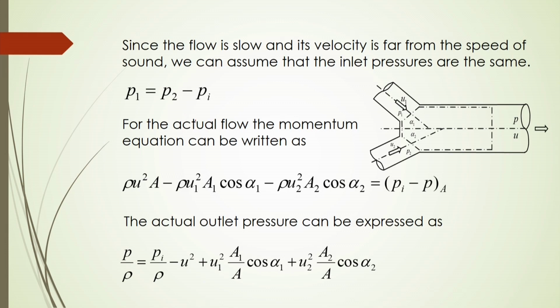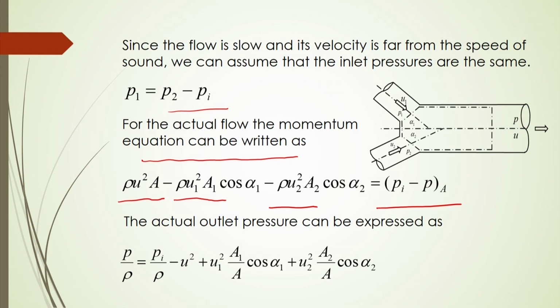So, P_1 will be equal to P_2, and for the actual flow the momentum equation can be written as: rho u square A minus rho u_1 square A_1 cos alpha_1, where alpha_1 is as shown in the figure here, and minus rho u_2 square into A_2 into cos alpha_2, that is the angle created by pipe 2 with the horizontal line,